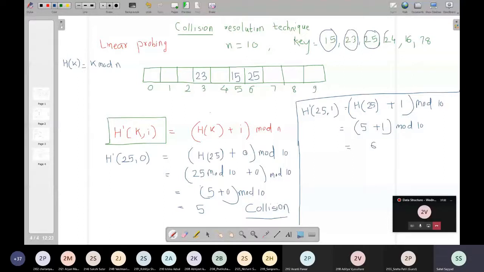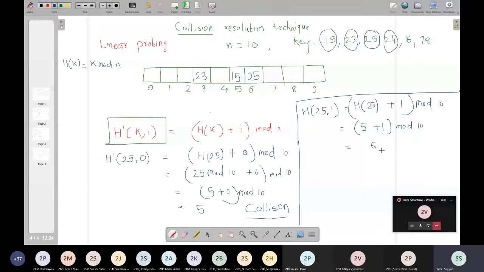No, 0. Again, I repeat. While picking every new key value, the value of I should start from 0. I knew that this silly mistake would happen. What I told you earlier: when I pick 15, first I'll take I value 0. I will process I with 1 only if I get a collision for I as 0.